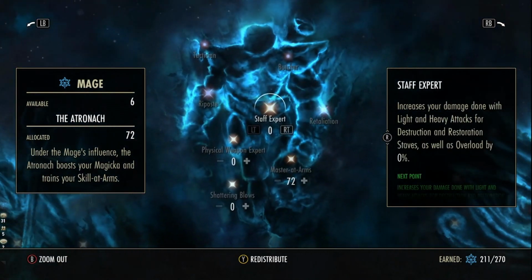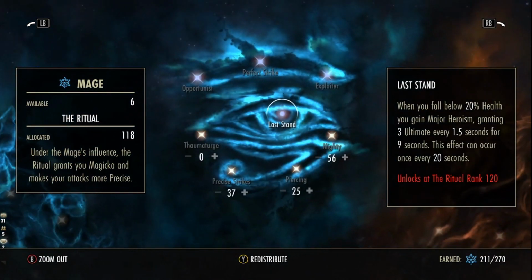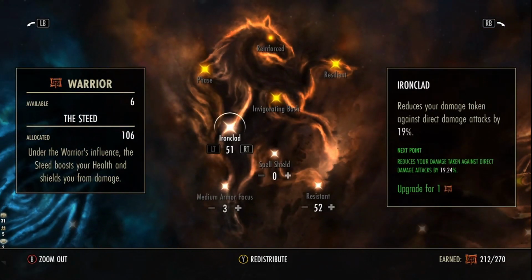I have 15 in the Blessed. Honestly, you don't have to do that. You can take them all out. 72 Mastered Arms, 56 Mighty, 25 Piercing. I put the rest in the Precise Strikes. Precise Strikes, you don't really need dots. We're all burst damage. 51 Ironclad,